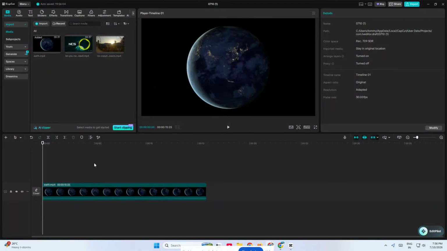If you want to learn how to add an arrow in CapCut PC, you're in the right place. In this quick tutorial, I'll walk you through the exact steps so you can add an arrow to your project in just a few clicks. This is super useful when you want to point out something on screen, highlight an important detail, or make your